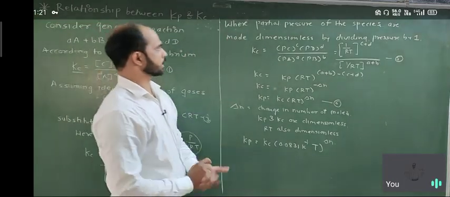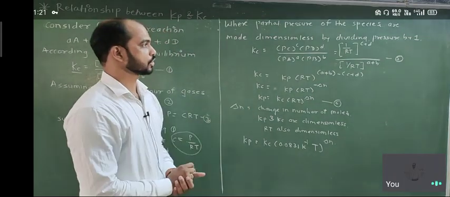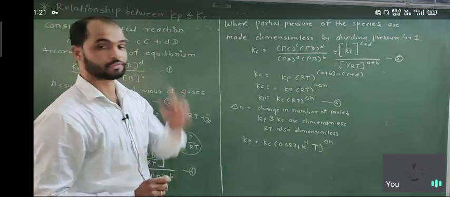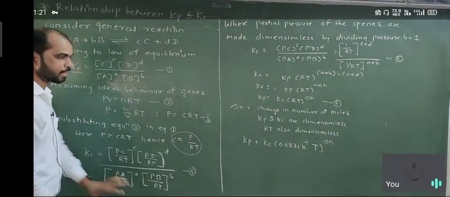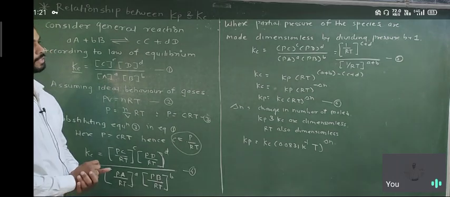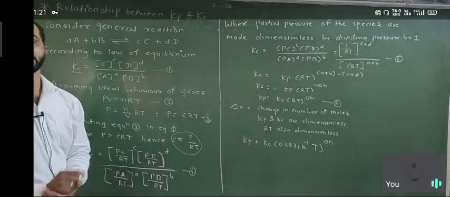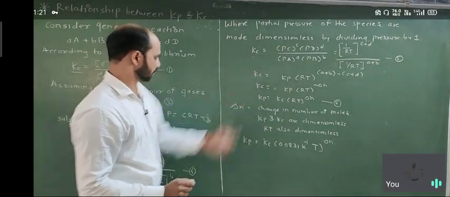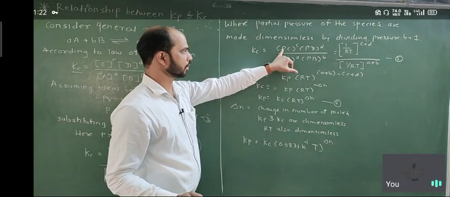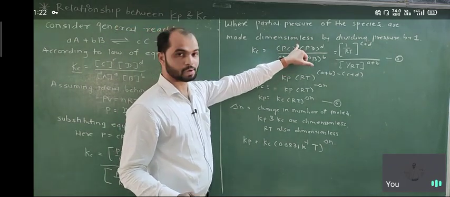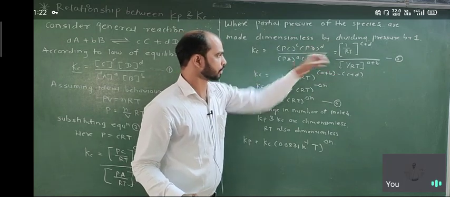On the other side, the partial pressures of the species are made dimensionless by dividing the pressure by 1 bar. Here the partial pressure has a dimension, and we make it dimensionless by dividing each species by the standard pressure. When it is dimensionless, the dimensions are removed, so we simply get PC with power c, PD with power d over PA with power a, PB with power b,